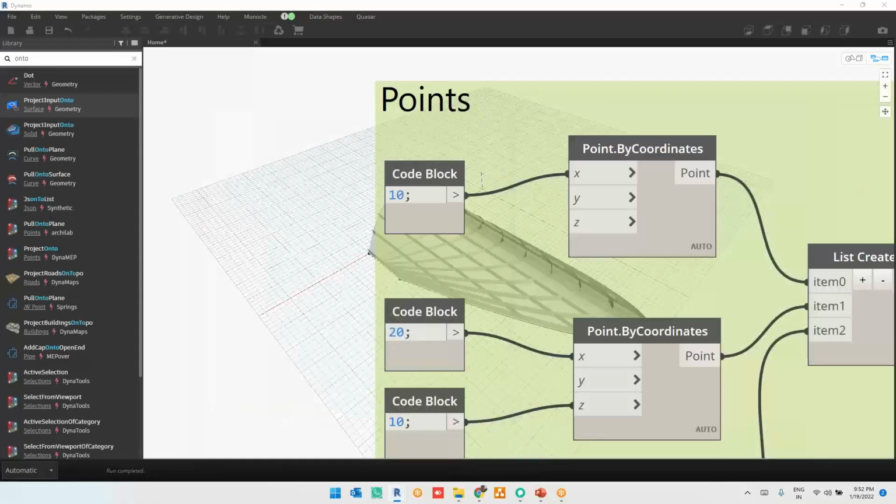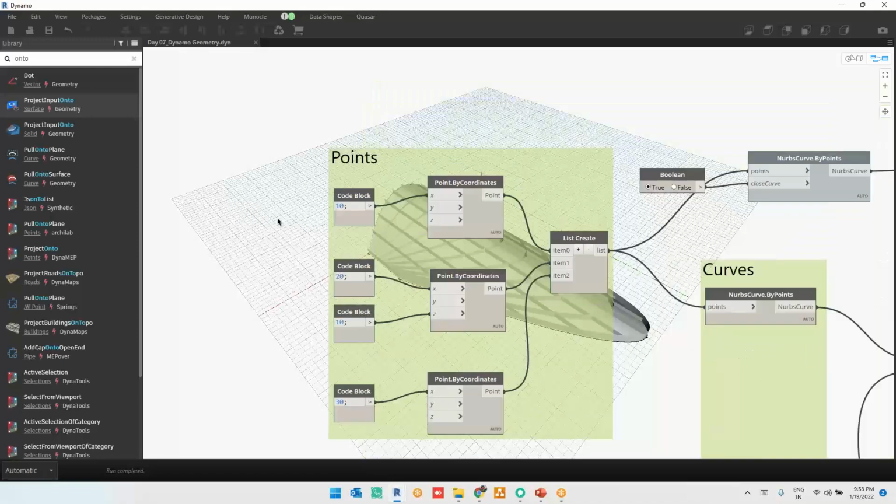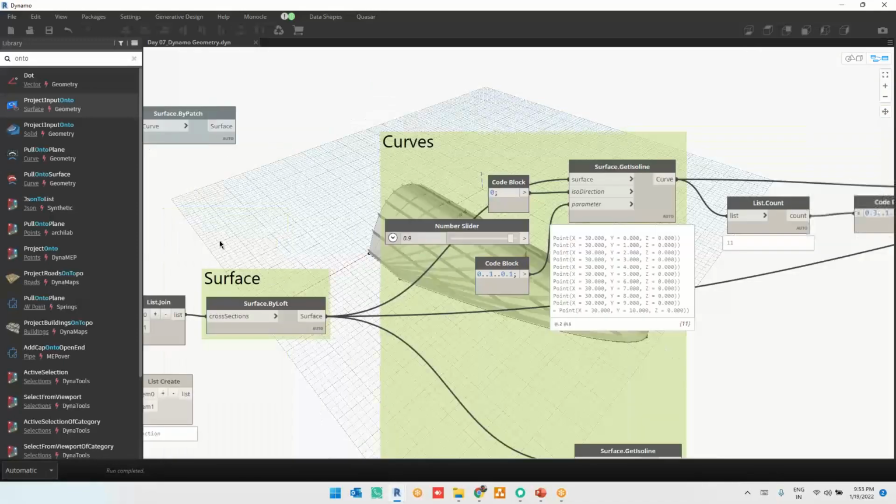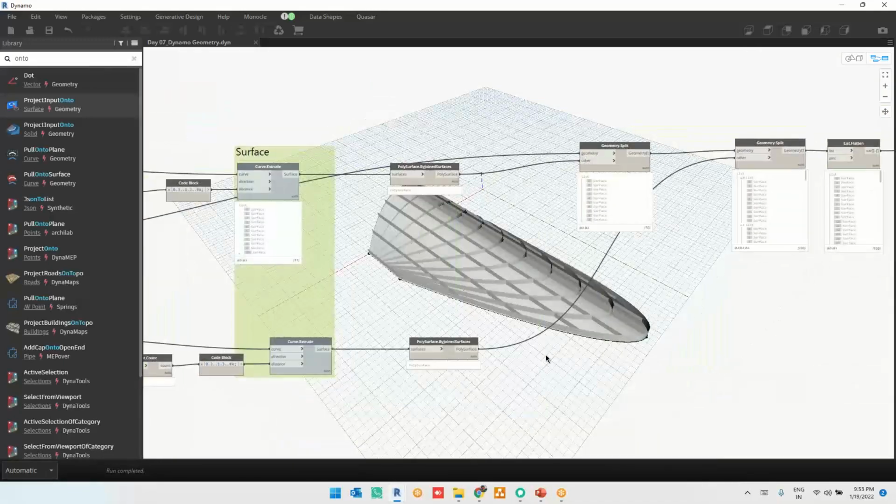Okay, this is not for the COVID batch. Dynamo Jan batch. Day 06 or 07 actually. So day 07 Dynamo geometry. Okay, I don't know. Generally, always the day 7 is the Dynamo geometry. Okay, well, so